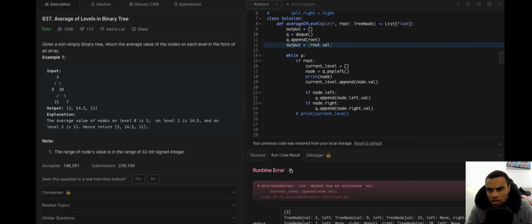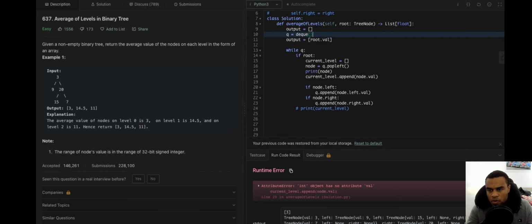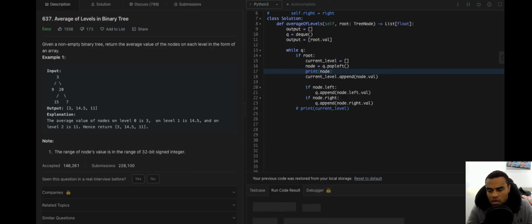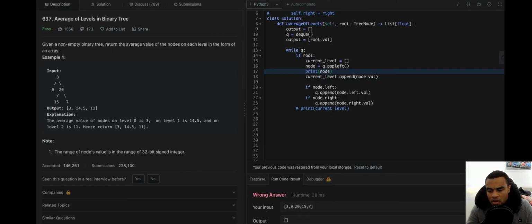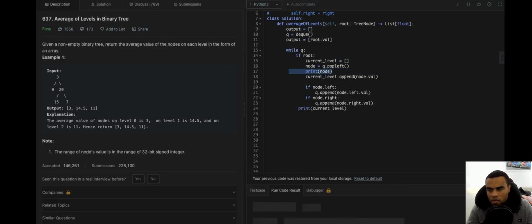The thing is, we appended root over here. Why would we append root to it? We should only append over here, no? Okay, so print node, just to be printing something now.